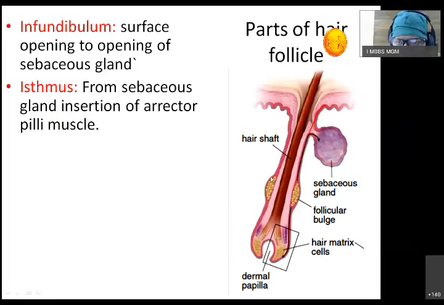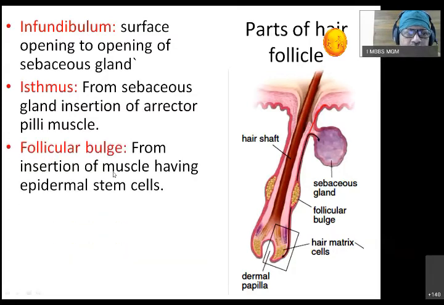Then you can see the bulge here. Can you see there are some cells seen? This is called the follicular bulge. One of the crucial areas, especially when we talk about dermatological skin surgeries, where we do laser surgeries, we many times stimulate this area. This area, which has been added in recent times, shows the stem cells, epidermal cells, which will grow and migrate into the outer layer of the hair follicle, and act like the stratum basale, and then the cells will go on into the hair bulb.